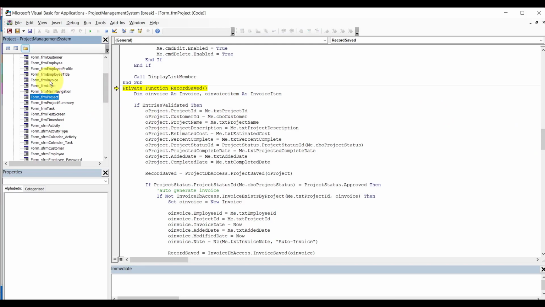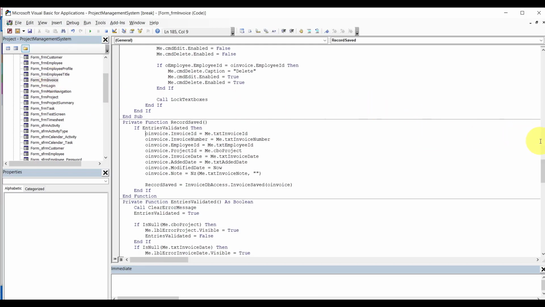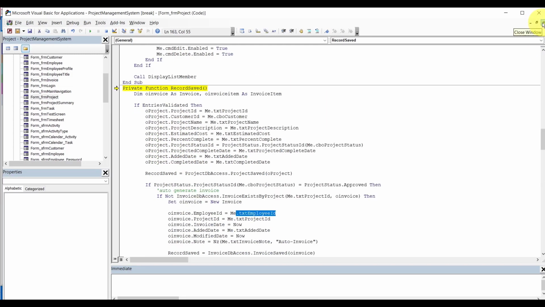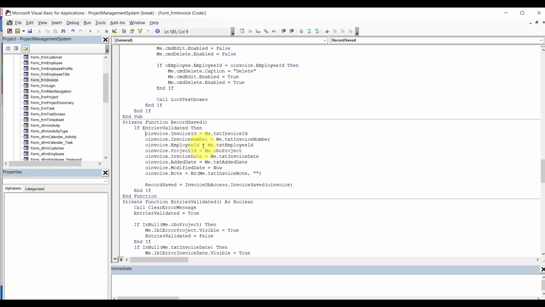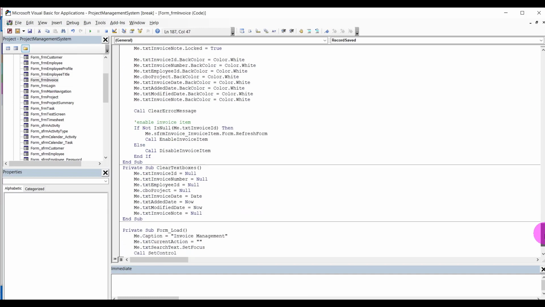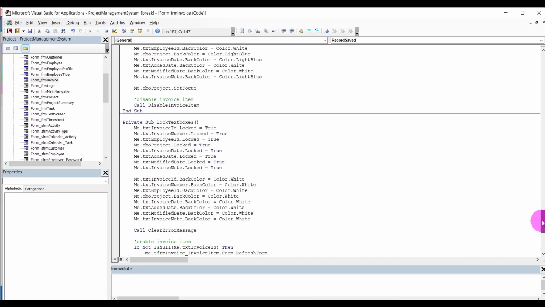We're just going to jump back to the invoice here, and the employee. Let me see, just a second here. I want to see that invoice again. This is employee right here. I think we retrieve the employee ID from